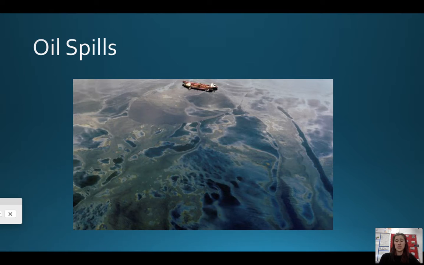Most of you have probably seen or know about oil spills and the effects that oil spills have on the oceans. Oil is nonpolar, so that means that it doesn't mix with water. And so basically it just sits on the top of the ocean and it coats pretty much anything that comes in contact with it. And it spreads so quickly that there are little to no solutions on how to get oil out of the ocean once it's been spilled. And this can happen either through ships running aground that are carrying oil or oil leaks from offshore platforms that are gathering oil.